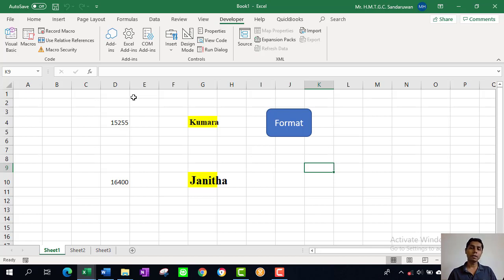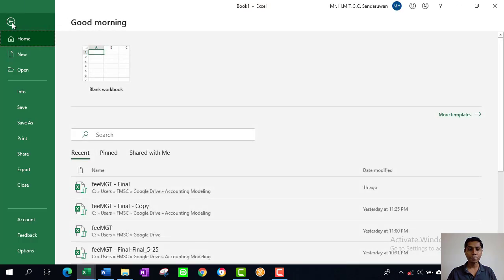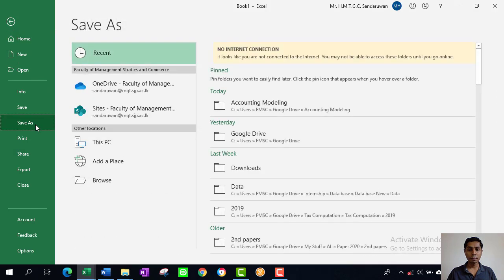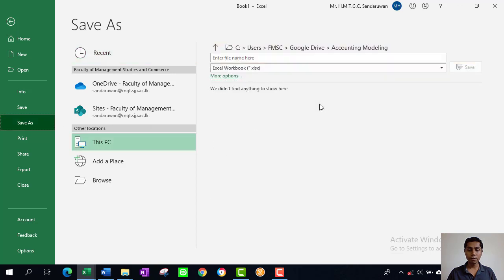So if you save this Excel workbook with the normal setting, the file will be saved but without macros. Therefore, if you want to save this with the macros, what you need to do, you can go to File and Save As. Okay, I will select this for one folder. Say my file name is test1,